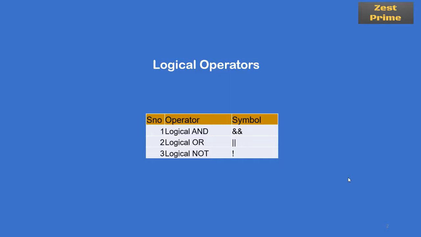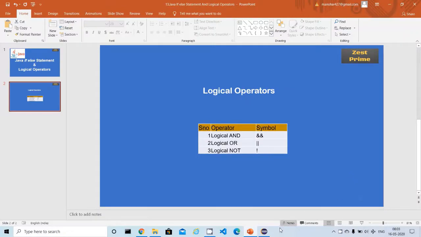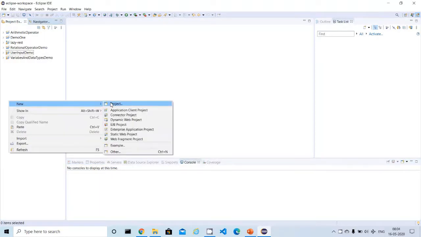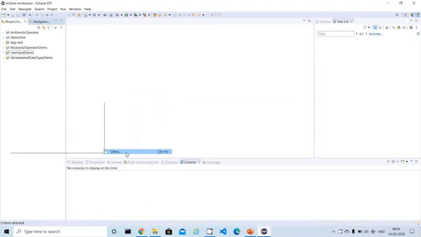Let me dive into the program immediately so that we can understand better. Okay, I just opened my Eclipse. I'm going to create a new Java project called if else statement understanding. So let me go to Others.